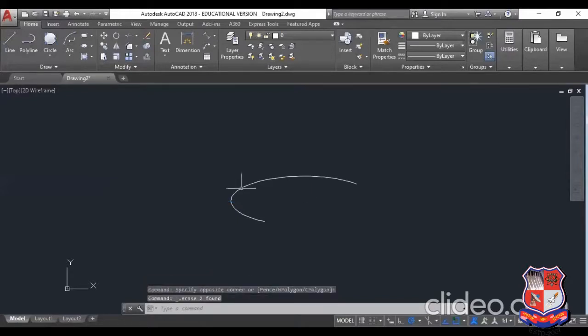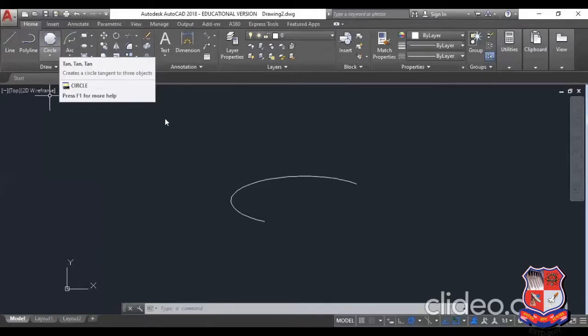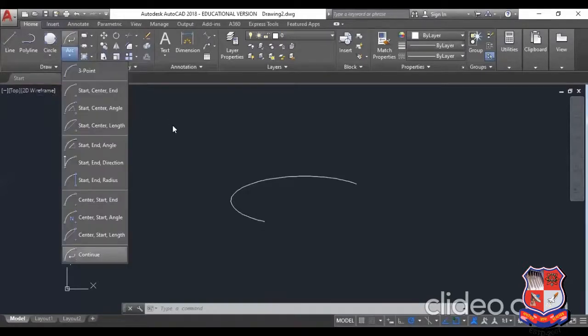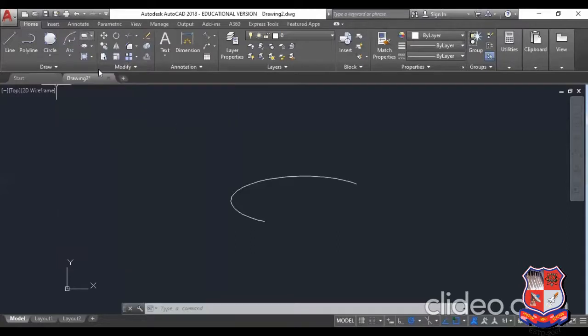Okay, because in ellipse there is no fixed radius. That's why we have to create ellipse first and then cut the point. In this option, circle and arc. So circle is having a fixed radius. So you can create a number of arc in a number of methods. Okay, fine. So here polygon command is clear and ellipse command is clear, complete.